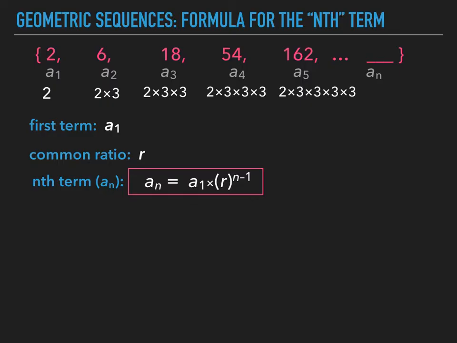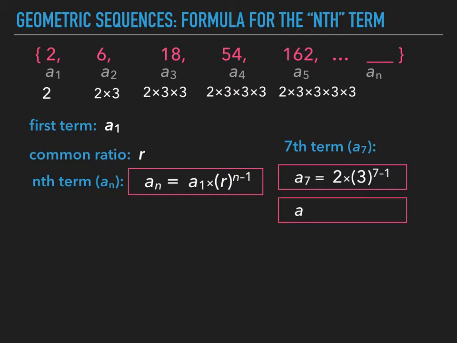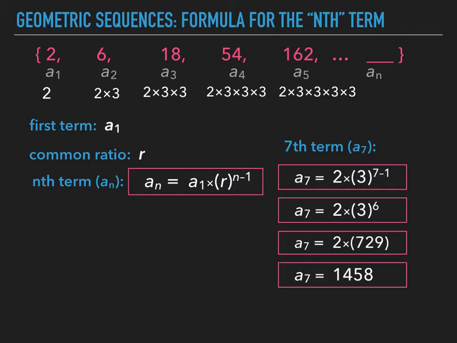1. In the previous slide, we found the 7th term manually by extending the sequence. This time, let's find the 7th term by using the formula. We'll put 7 in place of n. We'll type 2 in place of the A1, and our R, our ratio, is 3. And now we'll just manipulate these numbers. We'll do 7 minus 1 to get an exponent of 6. 3 to the 6th power is 729, times 2 will be 1,458. The 7th term in this sequence is